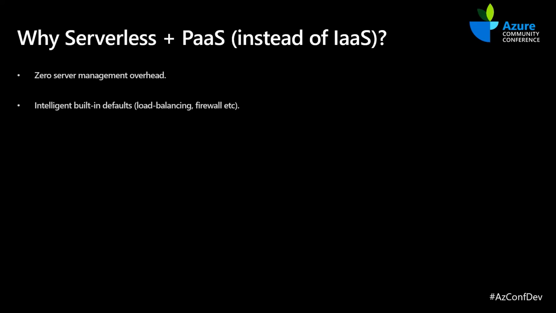And given that most PaaS services like app service have built-in load balancers, built-in firewall rules, they have a whole bunch of what we call intelligent defaults that we can just utilize. Given that CloudSkew is an early stage product, most of what Azure's PaaS offerings provide works very well for us. Also, you can leverage the auto scaling rules of app service or the scale controller rules of Azure Function Apps, and just use those rather than configuring your own VM scale sets and things of that nature.